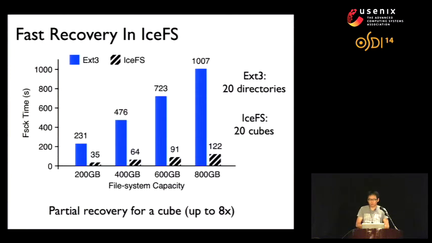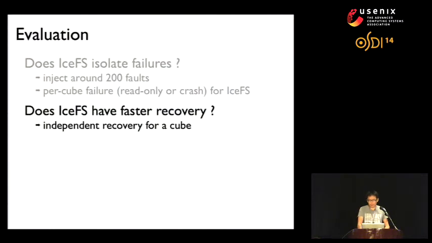In IceFS, we create multiple cubes in the file system, and we also inject some metadata corruption into one of the cubes. Now, when we do file system recovery, we can know where the corruption comes from, and metadata is also isolated, so we can do a partial recovery for a cube. In this graph, we can see IceFS file system checking time is significantly faster than ext3 because it only needs to check part of the file system. Also, the checking time of one cube of one user is independent of the rest of the files in the same file system. So IceFS can provide independent recovery for a cube in the file system.